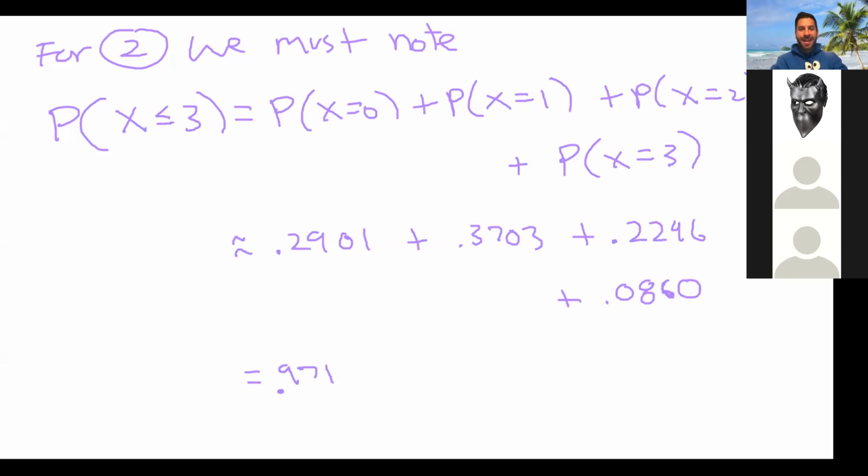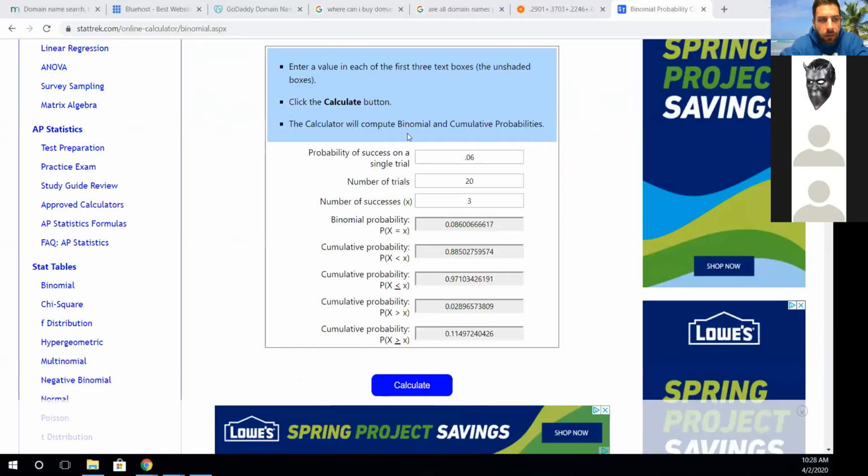No. Well, look here. Let me do something real quick. I'm gonna switch what I'm sharing to you. Do you see the web page now? What I would encourage is, all you need to worry about is this: if you put in probability of success, notice I put 0.06 because that's 6%. And then what are my trials? My trials are 20. And then what am I looking for? Successes. I wanted to know